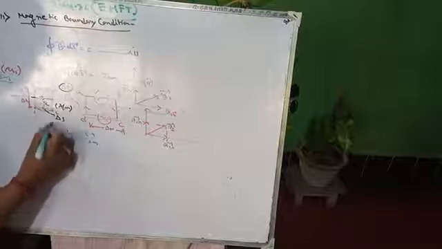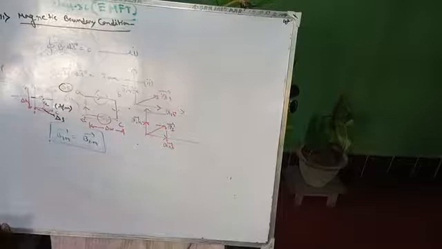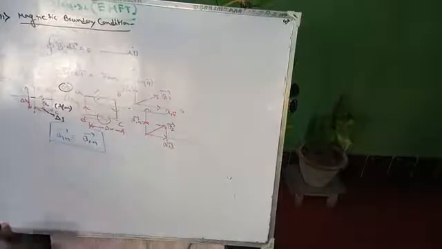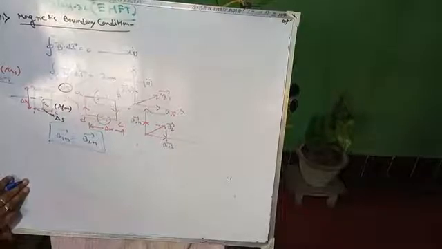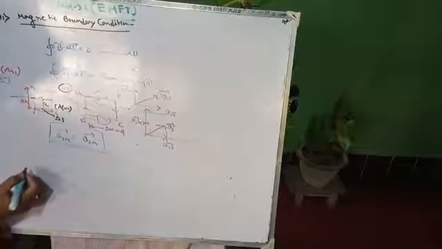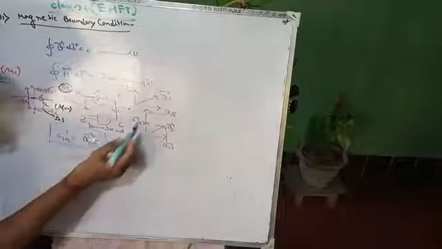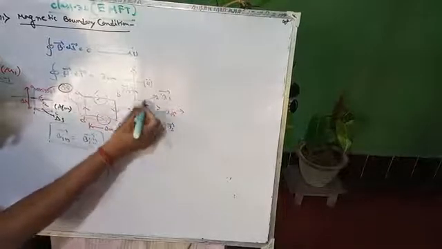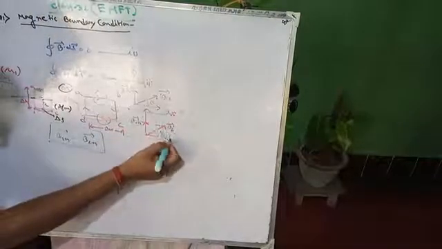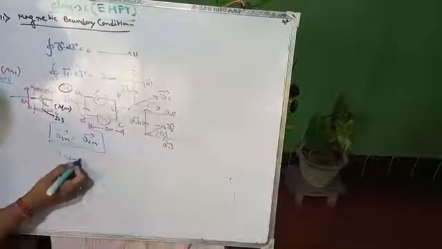This is also another condition: b1n should be equal to b2n. It is here, you have to remember it. Therefore, what is b1n? b1n is nothing but this one. If we consider this angle is theta 1, and suppose this angle is theta 2, then b1 sine theta 1 by